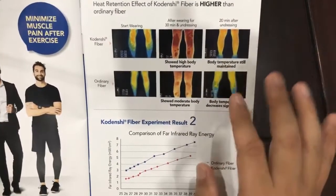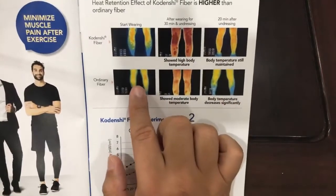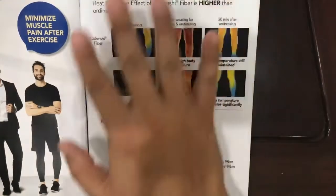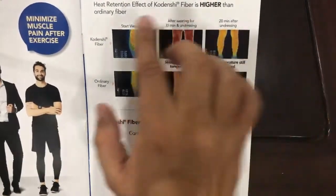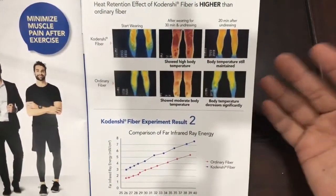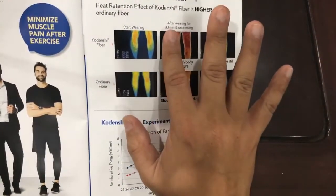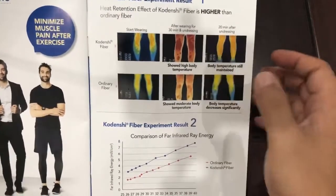However, ordinary fiber's body temperature has already decreased almost to the original before wearing it. Okay, so usually at this slide, I will tell my customer, this slide is not actually to bring down other brands' image or whatsoever, but to tell us today this experiment only carried out for 30 minutes after wearing it. So just imagine if in 30 minutes we have such good